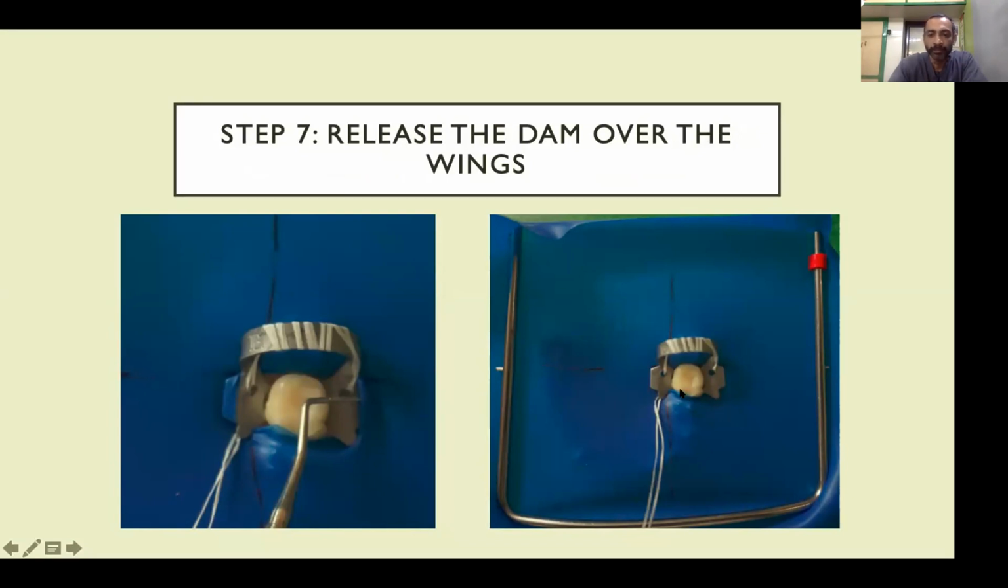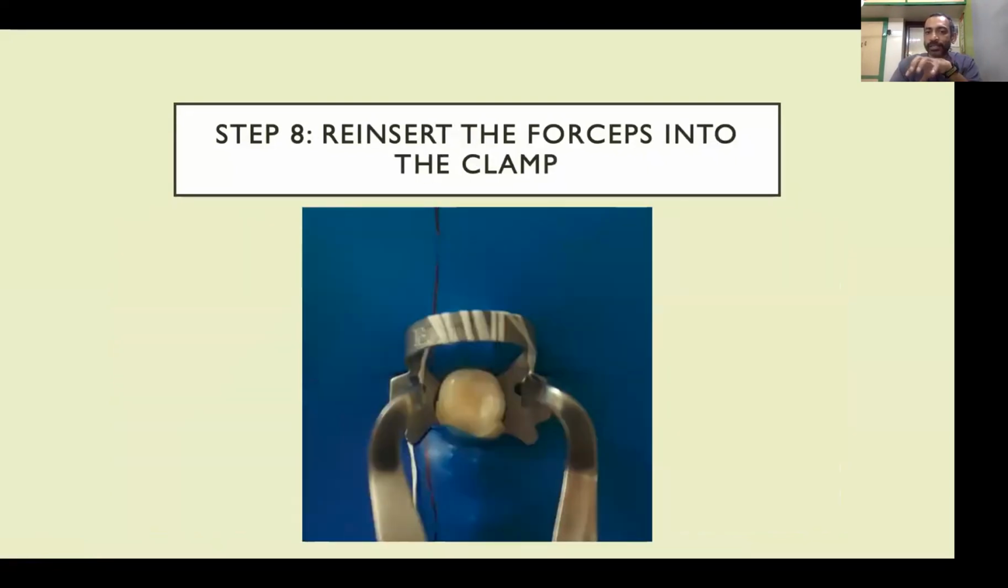The only problem now is that this margin over here between the jaw of the clamp and the tooth is still leaky, because ideally the rubber dam should be on the tooth and then the clamp should be there. Right now, the clamp is against the tooth, the rubber dam has slipped over the wing and it's just lying next to the clamp, but it hasn't sealed this particular area completely. So the next step is to place the forceps back into the clamp,